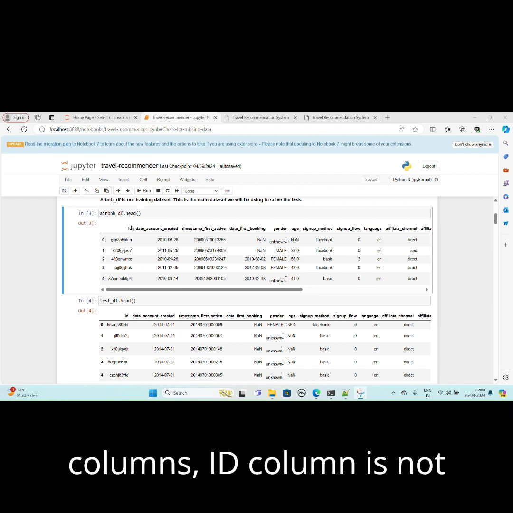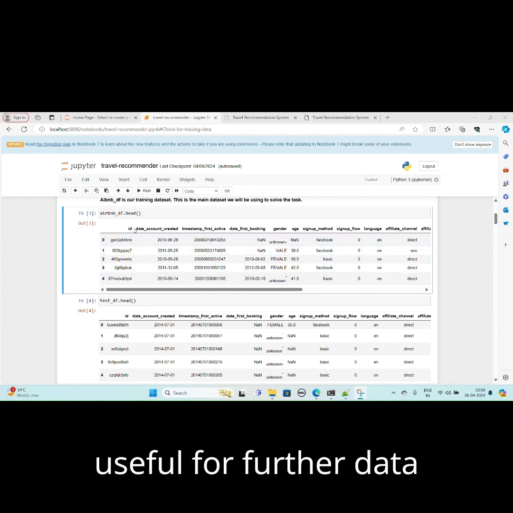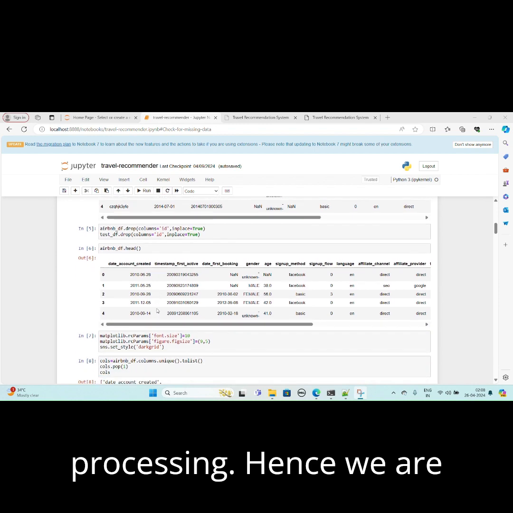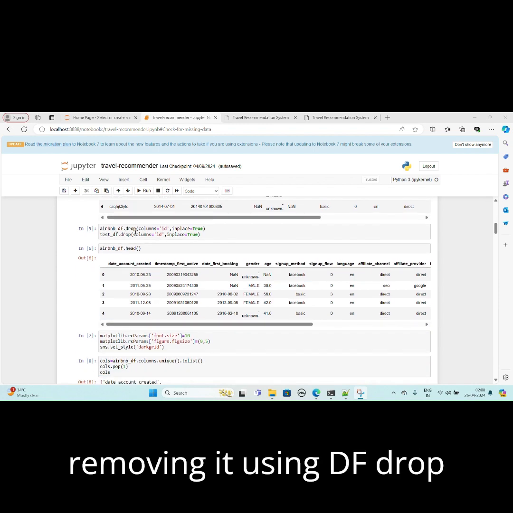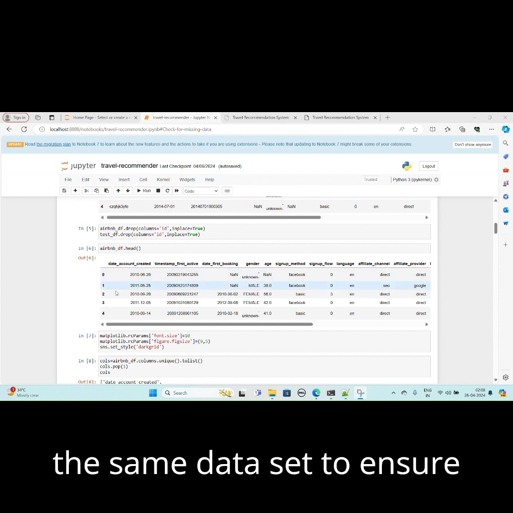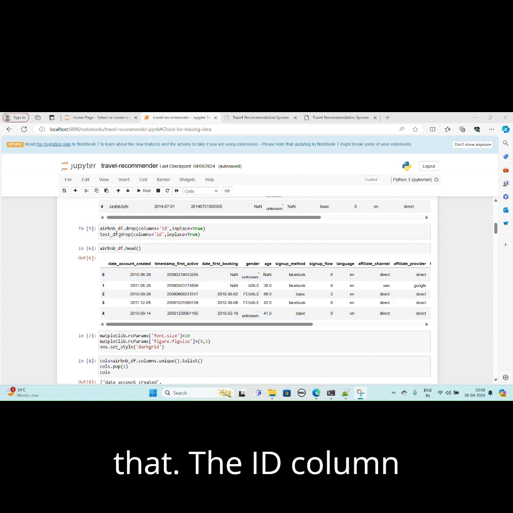Of all these columns, the ID column is not useful for further data processing. Hence, we are removing it using the df.drop function and again printing the same dataset to ensure that the ID column is deleted.